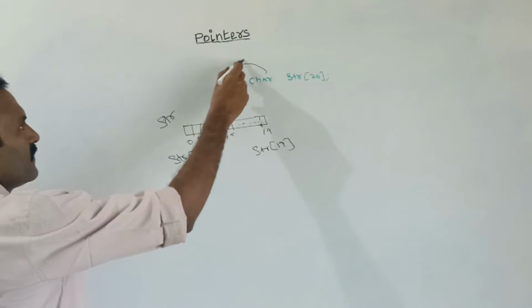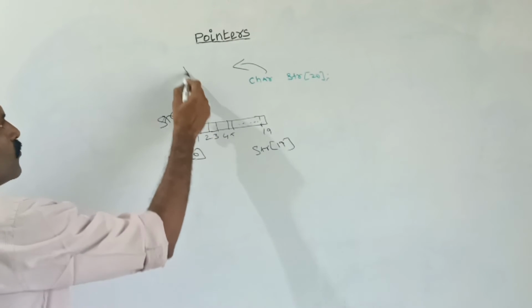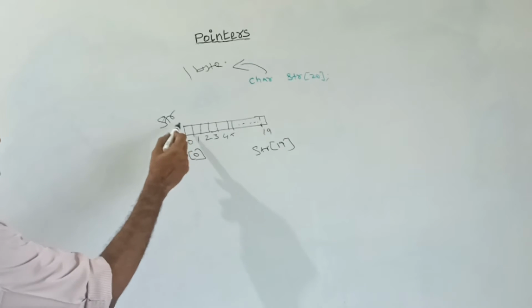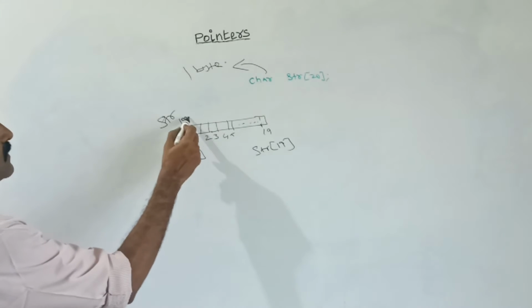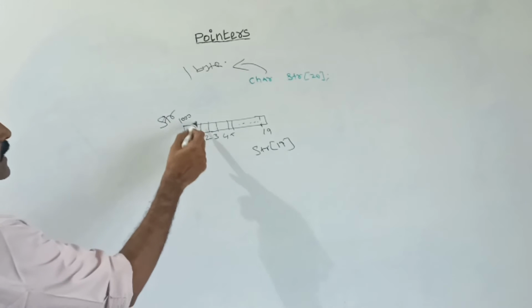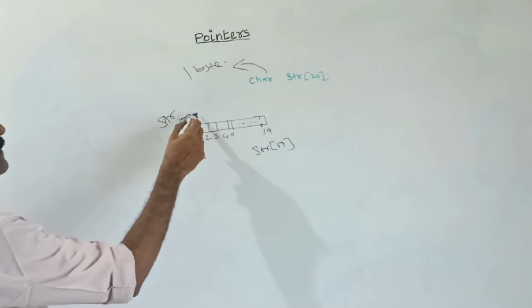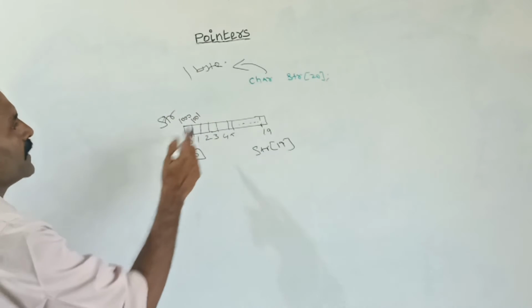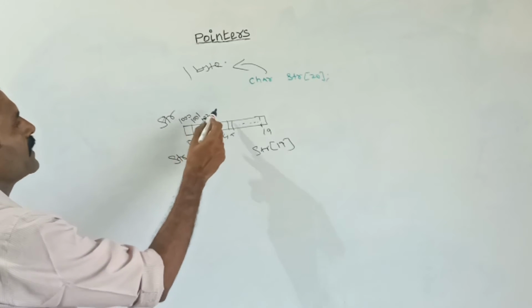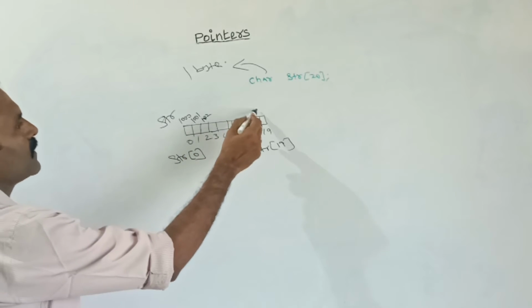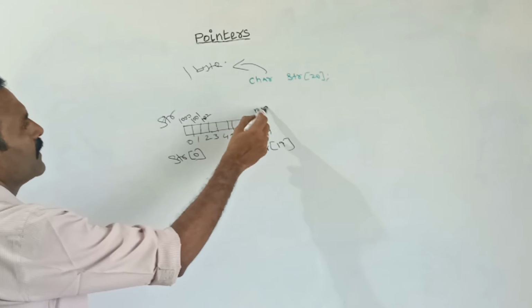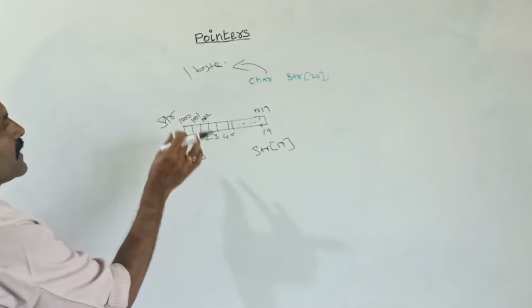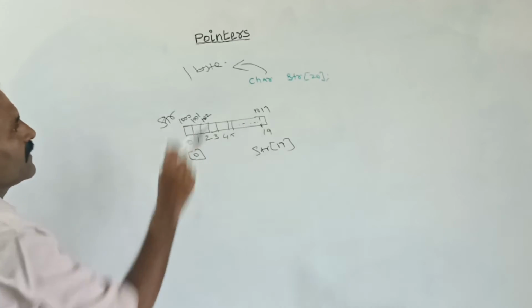For the character, the default data type size is 1 byte. Suppose this address starts from, let us assume, 1000, then the next character is located at 1001, because each and every element takes 1 byte only. So the third element is stored in 1002, and so on. The last element is 1019. Because this is character data type, it allocates 1 byte for a letter or a character.